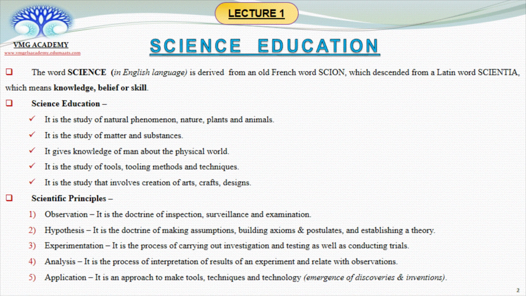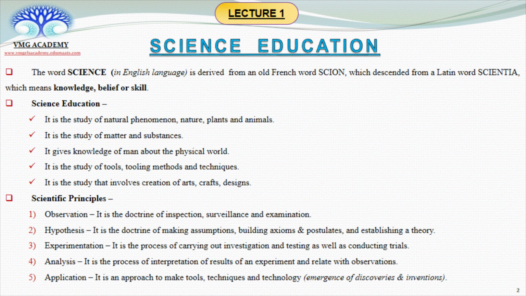Scientific principles can be divided into 5 basic objects. Now, these are not objects. It is a specialization in itself. It is a doctrine. It is a method or a tool. The way science education is imparted. One receives science education only through these objects. So what are these? Let us try and understand.